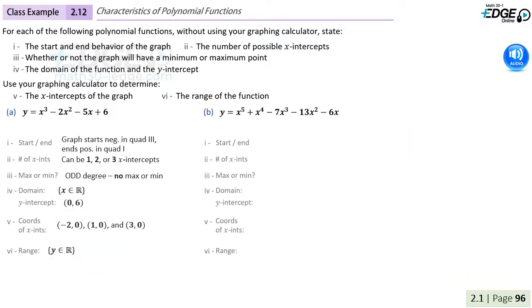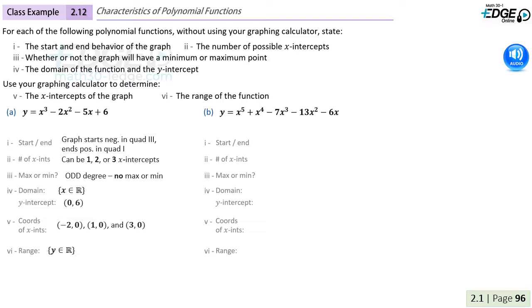Example B has a lot in common with example A. Obviously they're both polynomial, but importantly this one is still an odd degree, even though it is 5 rather than 3. Its lead coefficient is still positive, and actually happens to be the same value of 1. But what is different here is that in part A we saw a constant term of +6, and here we don't see a constant term, which basically means our constant term is